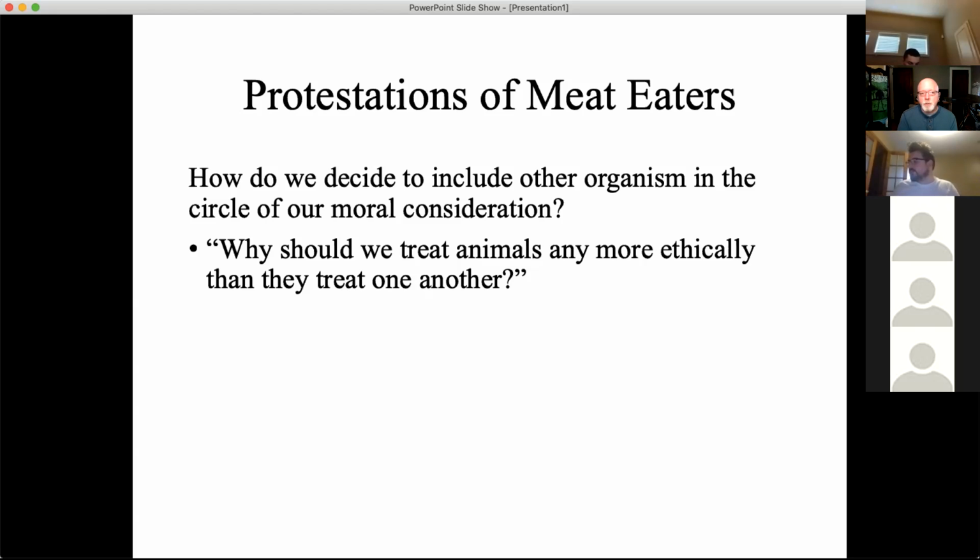There's a whole field of study in animal behavior that is referred to as something along the lines of wasteful killing, when organisms out in nature will kill something and in the end they don't eat it. So do you want us as humans to behave as if we're governed by nothing more than the laws of nature? To quote a 19th century naturalist, nature red in tooth and claw.